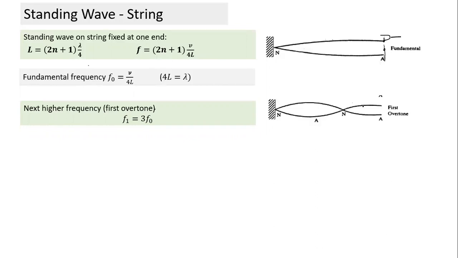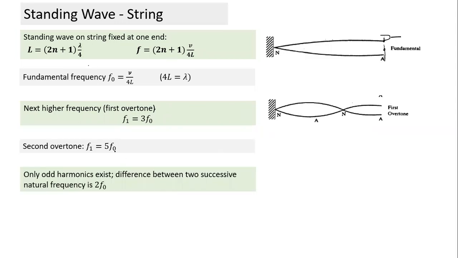This is how it will oscillate. So what happens in the next case, the next higher case? Here there was only one node and one antinode. For the next higher case, you will draw the figure: we have to insert one more node and one more antinode. This is how the shape will be. Next lower wavelength and next higher frequency.